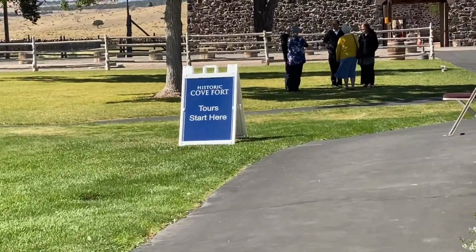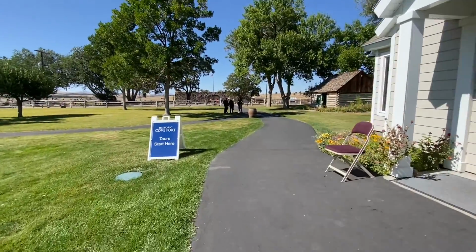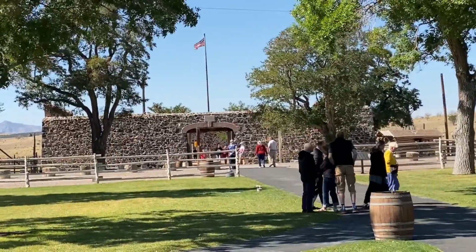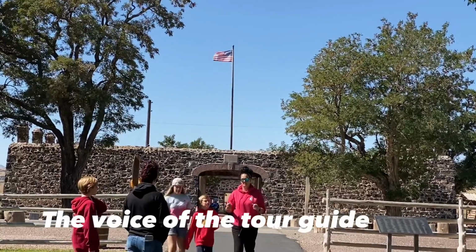Hey, the tour starts right there. The historic church of Latter-day Saints. So we're gonna go there. The tour starts here. The fort was built in 1867 by a guy named